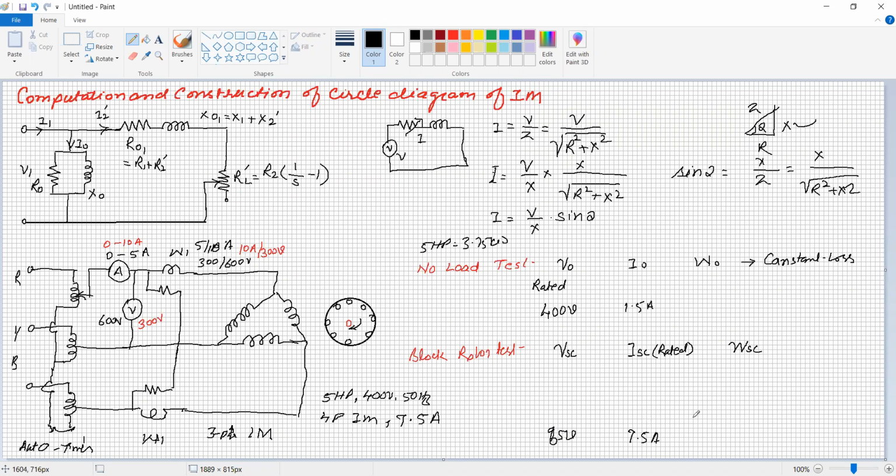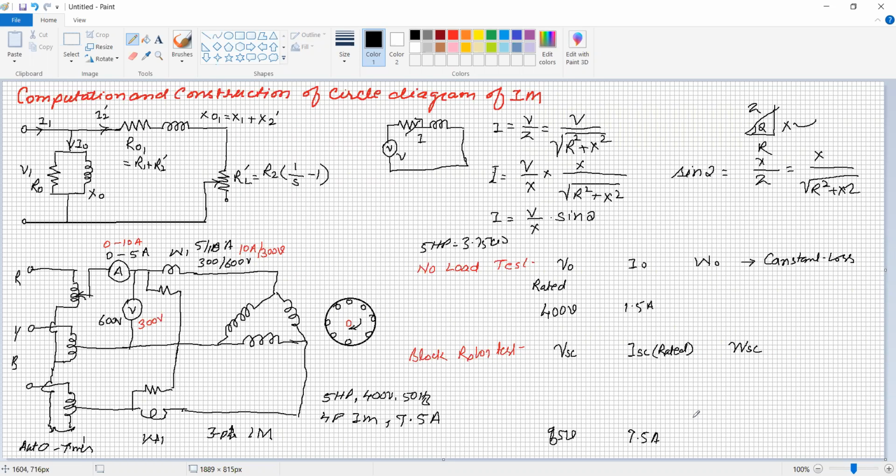So definitely these losses, whatever the power indicated by the 2 wattmeters, W1 plus W2, under short circuit condition or block rotor condition, is the copper losses which occur in the stator winding as well as the rotor. So the rotor is stationary. It acts as a secondary short circuited transformer. The current is going to circulate. The reflected current is going to come into the stator winding.